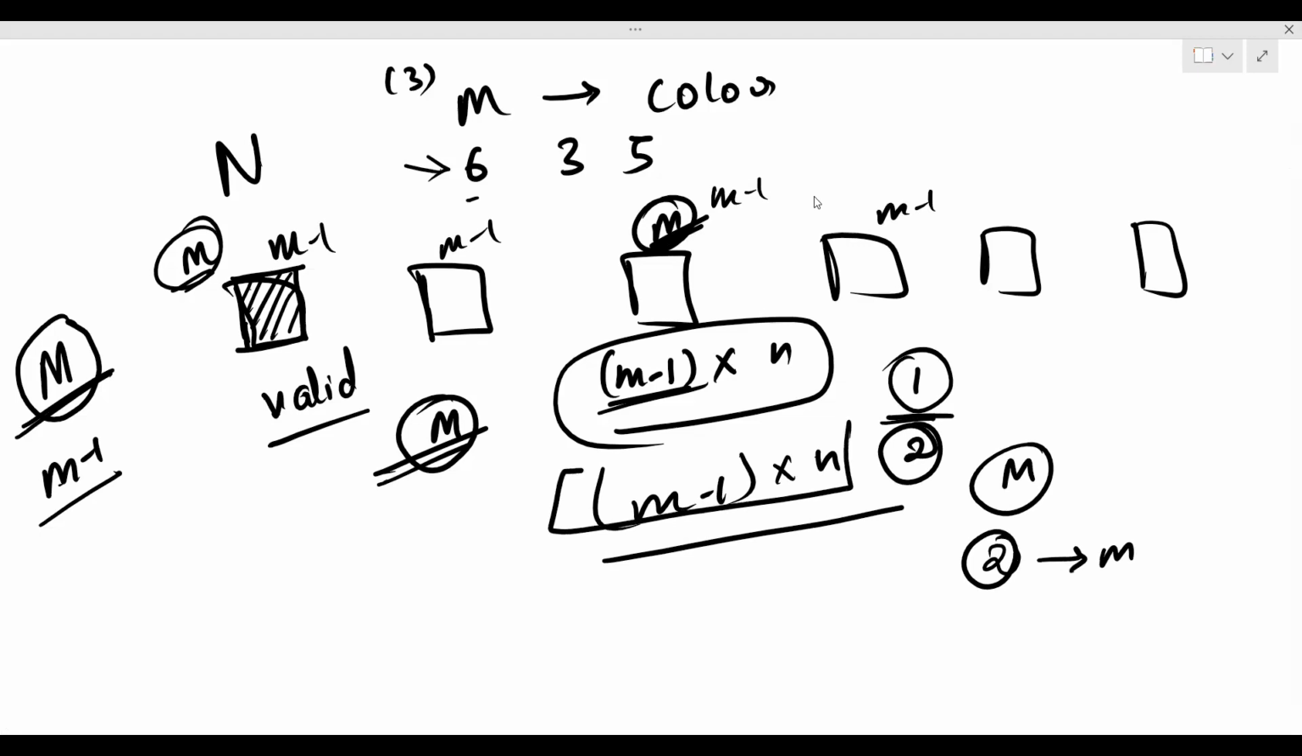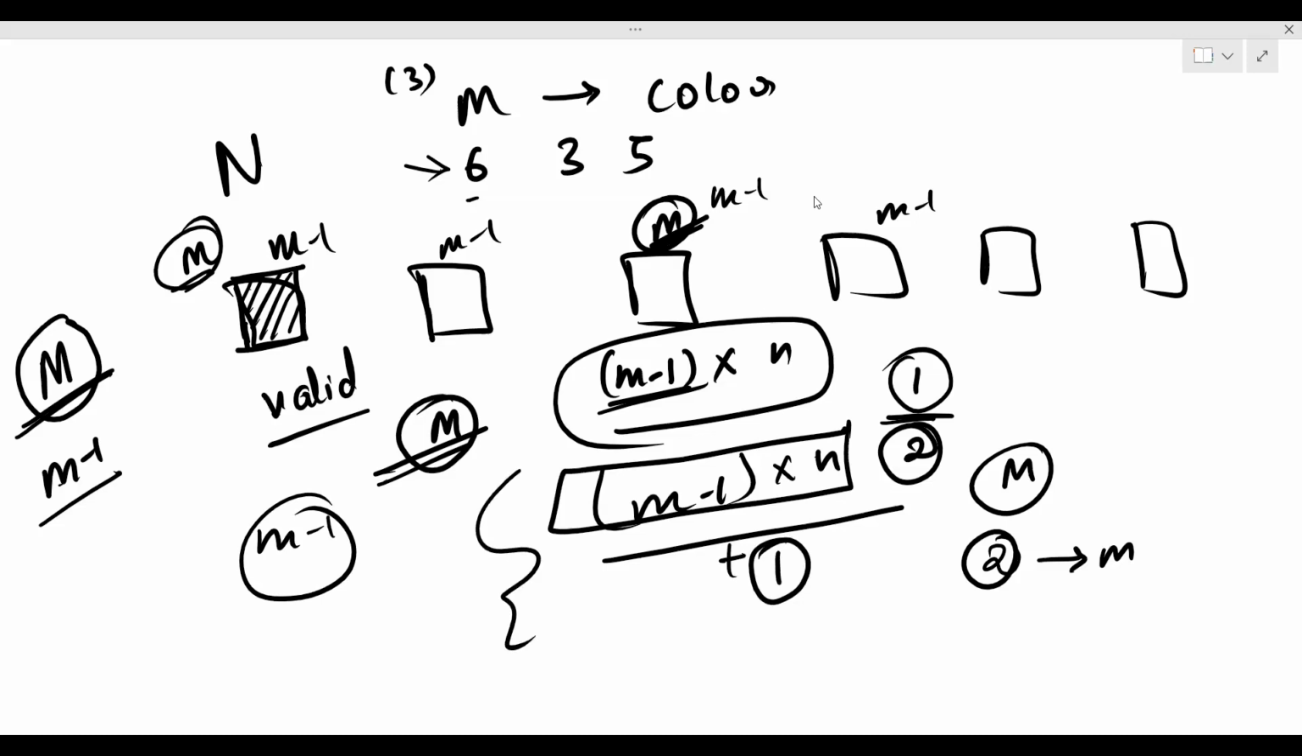Apart from that, after this, all the boxes will have m minus 1 balls. If you have one more ball, then out of the total number of balls you will have at least one box which has m balls, right? So what you can simply do,